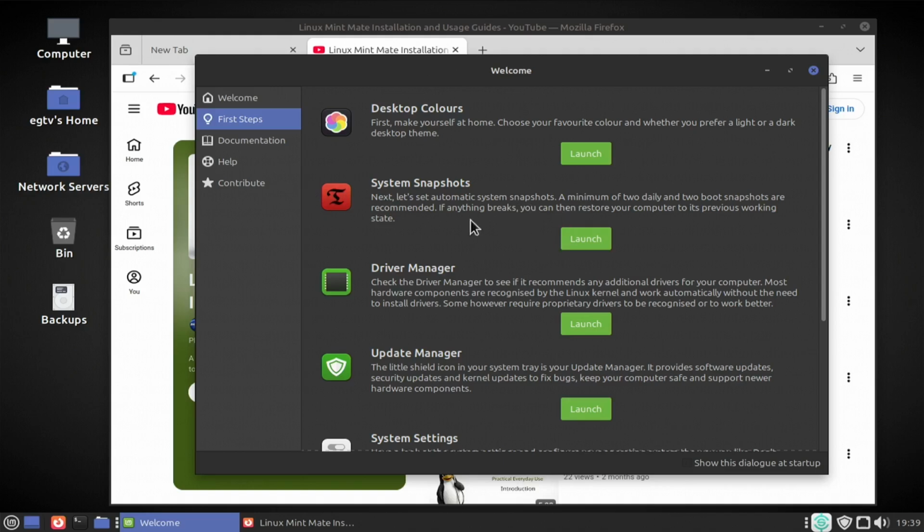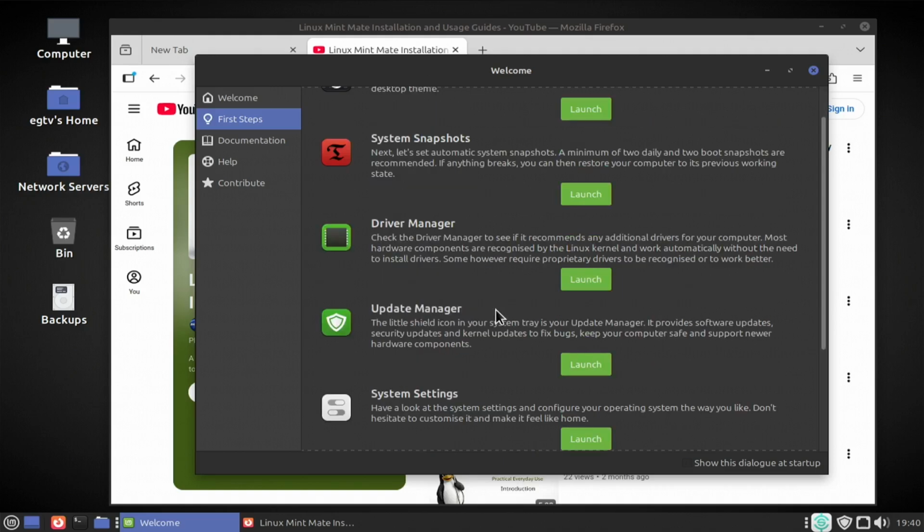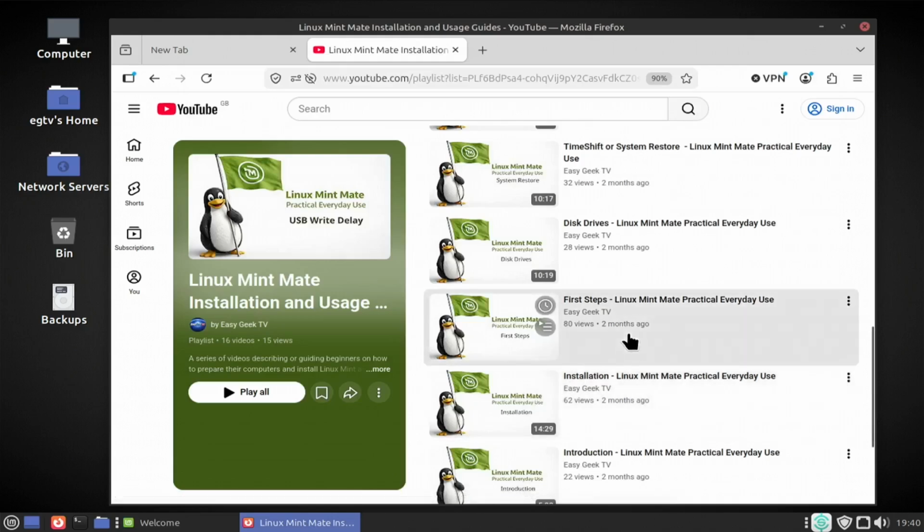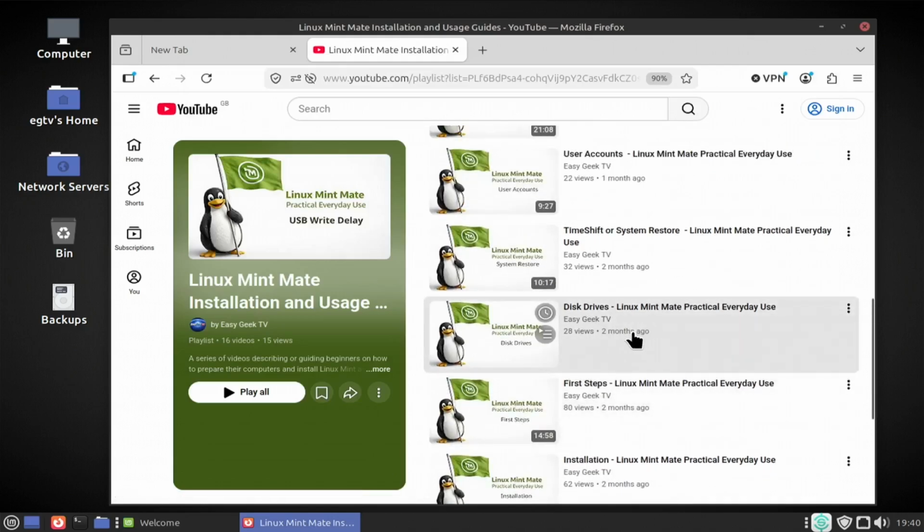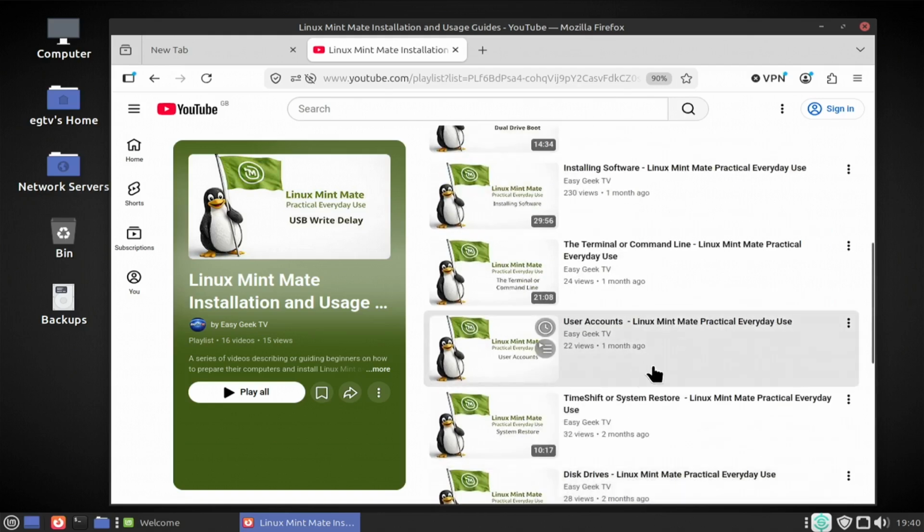We definitely focused on the system snapshots using the Timeshift program available, with the drivers. So we did visit these topics, the updates, which is really easy to use essentially. And then we went on with the disk drives, a bit of a short intro to disk drives, how to add them, how to set them so they start up with the system. And then of course, the system restore with Timeshift, how to create user accounts, actually using the graphical user interface, or GUI for short, and not through the command line,